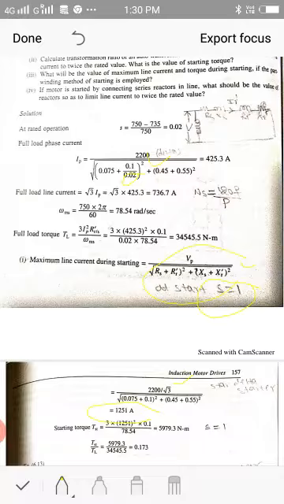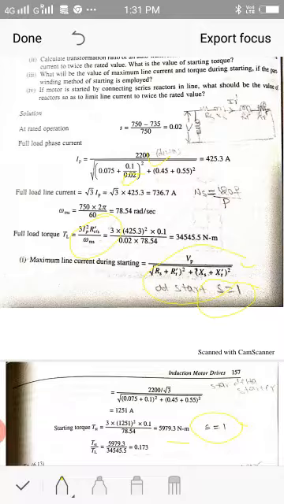and I need to calculate the starting torque. So this is the equation for starting torque. Here also the same thing is done. We have this equation, starting torque, torque equation. At starting S will be equal to 1. Okay, so I am just substituting these things. I am substituting the remaining things, and I am going to get the starting torque as 5979.3 Newton meter. And if I take the ratio of starting torque to full load torque,